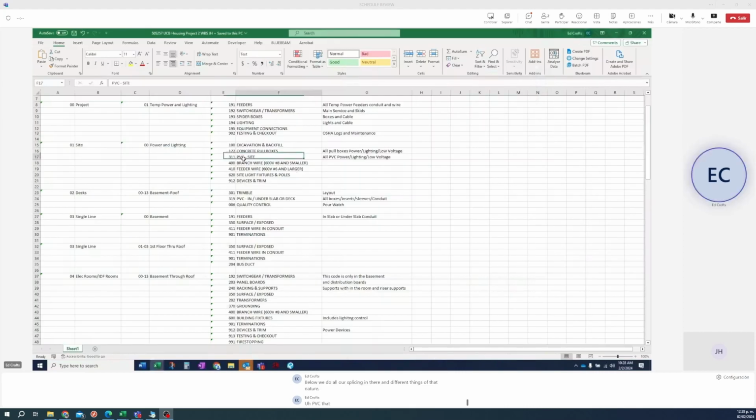PVC, that's the conduit we use. That's the plastic pipe. So typically we don't use that in the building unless it's in the concrete. We use steel pipe in the building, but this would be the PVC. So if I'm running a circuit,